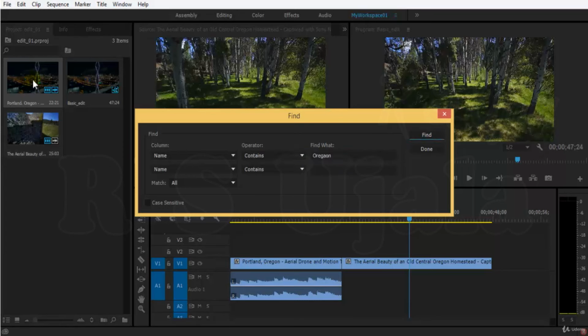Yeah, it is again reflecting this. Suppose I type aerial, as there is also a footage in my project which is the aerial beauty, this one. So it would again highlight this footage. And please make sure the second column is also name and the operator is contains, because